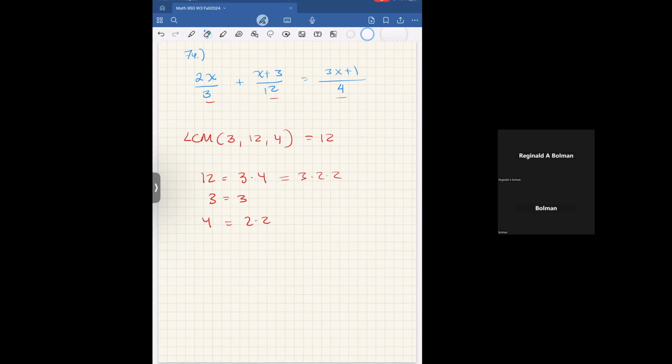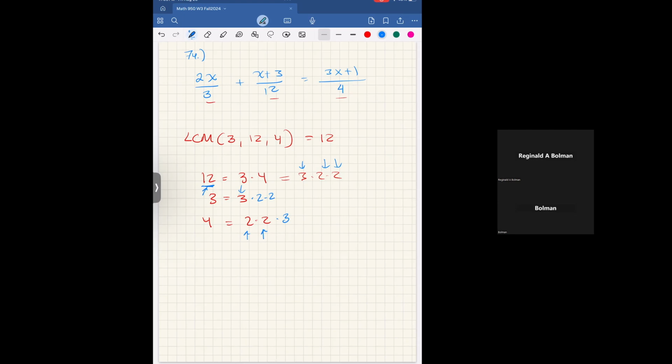Now, you'll note that you have a 2 and a 2 in front of this 3. And there's a 2 and a 2 here. You have a 3 here. There's a 3 here. So what it's telling you is you needed to add a 2 and a 2 to this 3. You needed to add a 3 to this 4. And you would be able to have an LCM, or force an LCM to exist. Or said another way, the LCM of 3, 12, and 4